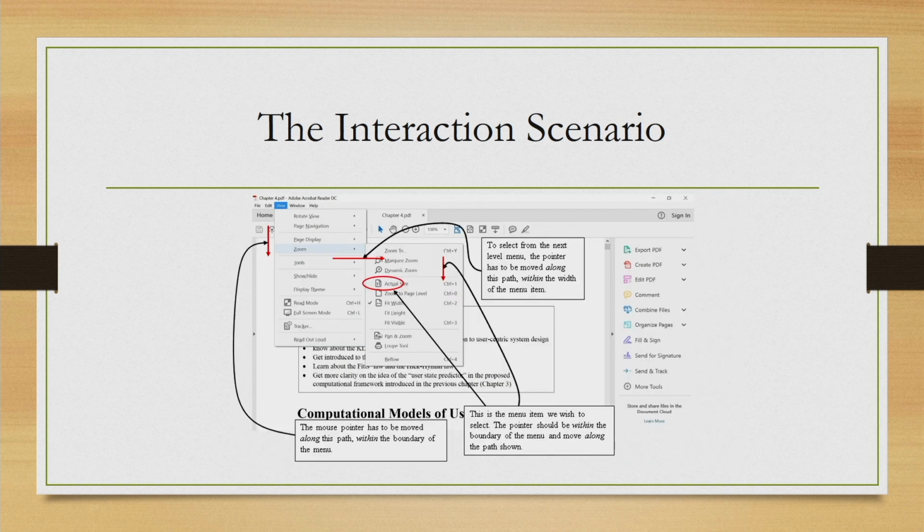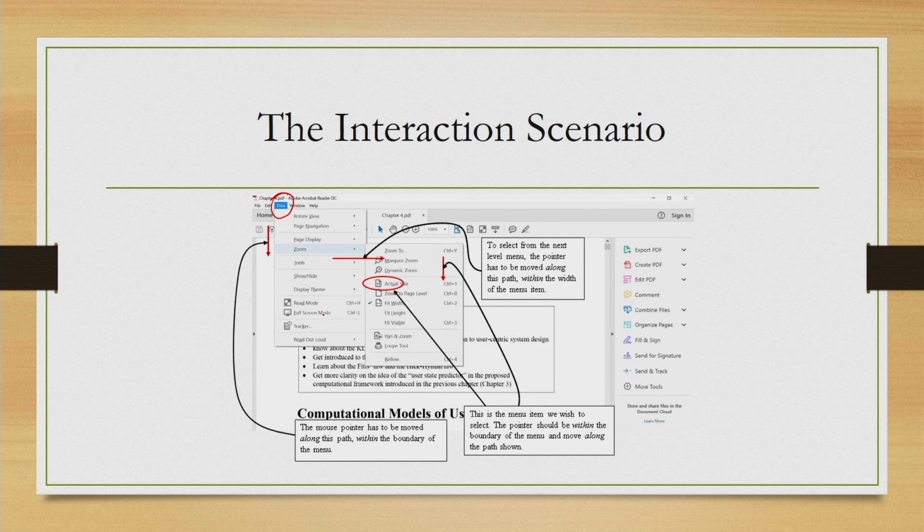Once we have clicked on this top level option and the drop down menu appeared, we perform a vertical movement downwards. Here we means the pointer. So, we have to ensure that the mouse pointer moves downwards vertically along the list of submenu